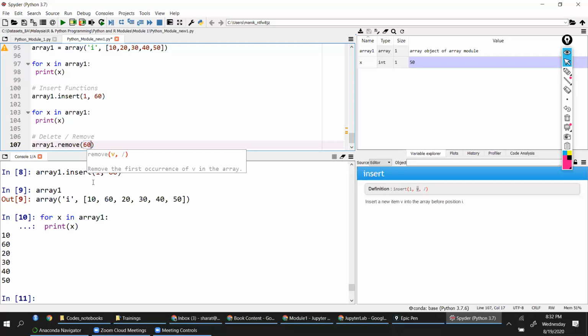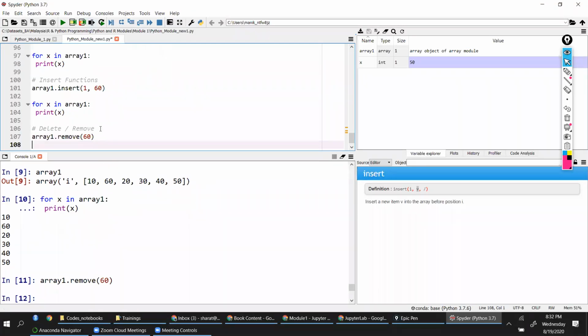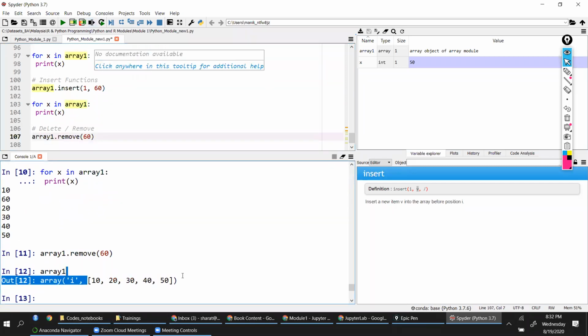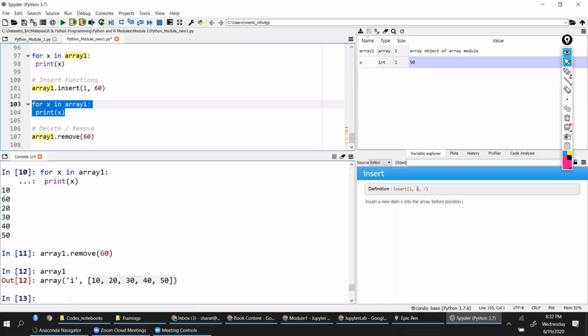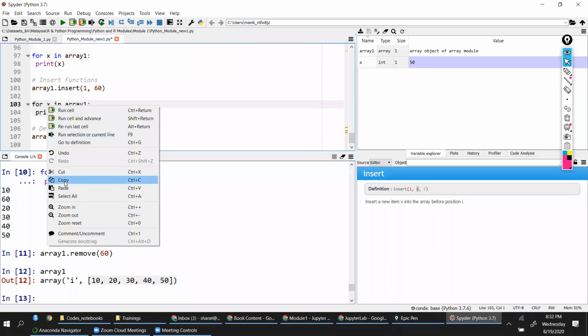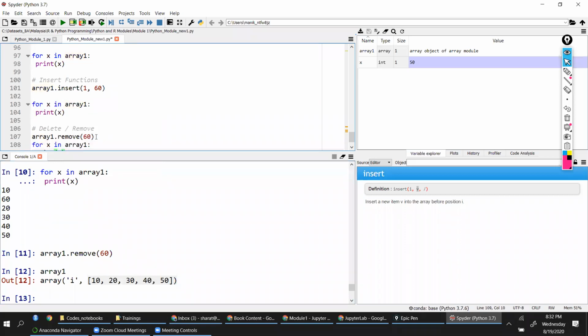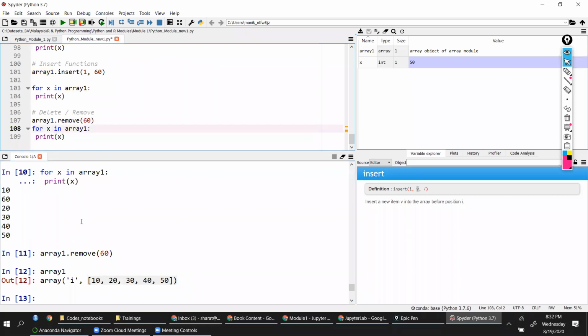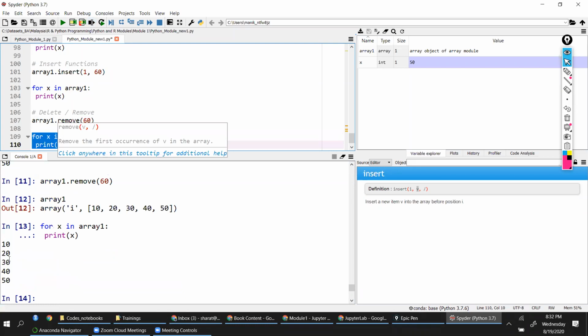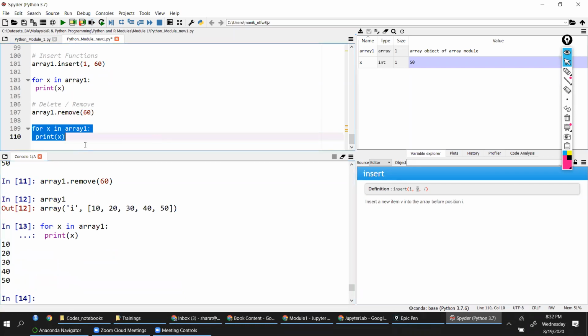So I'll put 60 here. When I do that, it automatically removes that one value. The 60 value is removed. Right? You can execute this again, and you can see that 60 is gone.